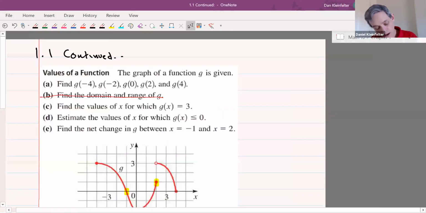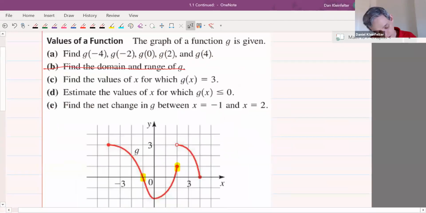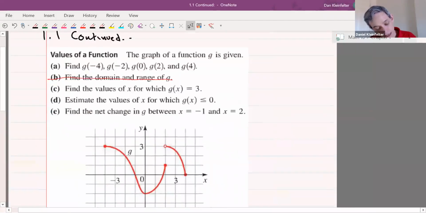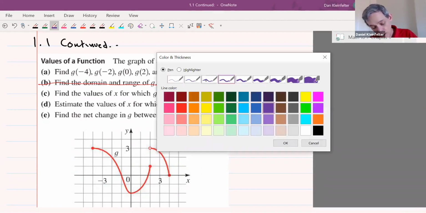So in this one, we're evaluating a function given its graph. So here, this is a picture of a function g that we're working on. We want g of -4, g of -2, g of 0, g of 2, and g of 4. Remember that what's going into the parentheses is an x value, and we want to know what the corresponding y